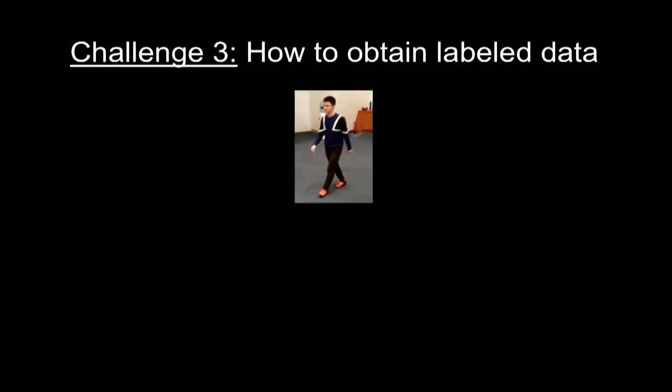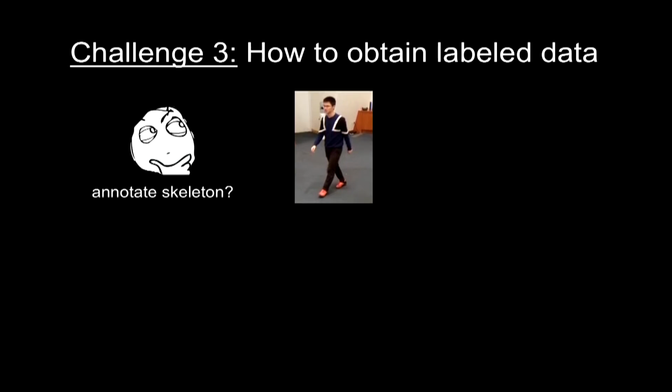Usually when you want to train a neural network, you need to show it a large amount of examples. Let's say you want to extract skeletons from images. How would you train your model? You probably want to go and show an image to a person and ask him to label the skeleton. So he can go and say, this is the head, this is the leg, this is the shoulder, etc. This is a bit annoying, but it is possible.